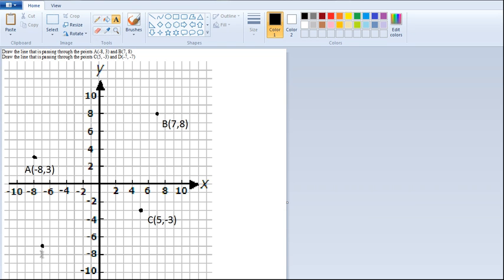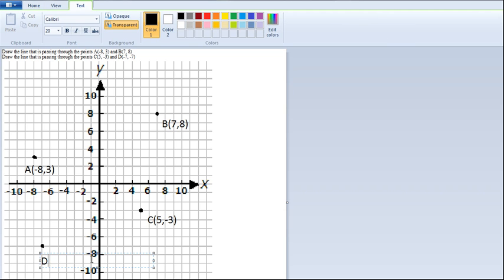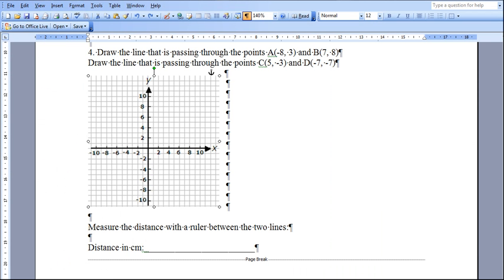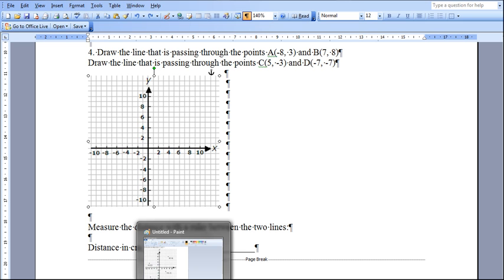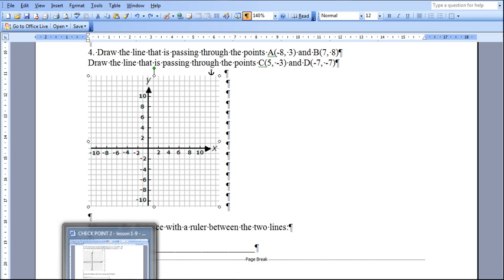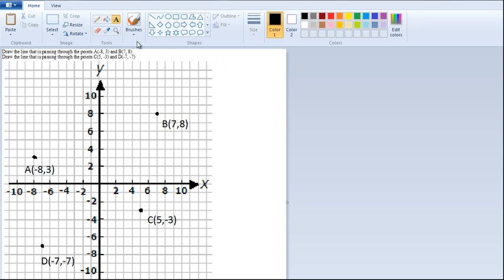And let's write the text. So this is the point D, minus 7, minus 7. Now remember, we have to draw the line that is passing through the points A and B and the line that is passing through the points C and D. So this has to be a line. I'm just starting in this point because it's easy in this program, but if you have a ruler you can start from here and go through A and B. So I'll just do like this,